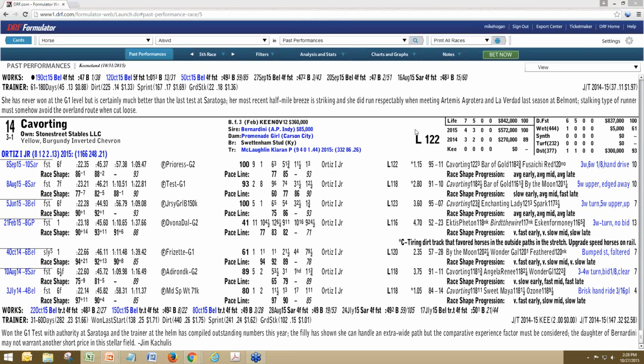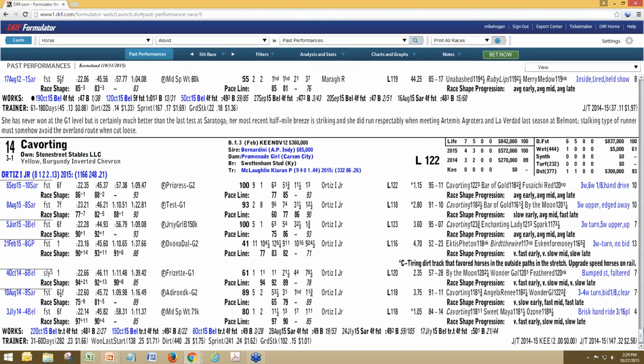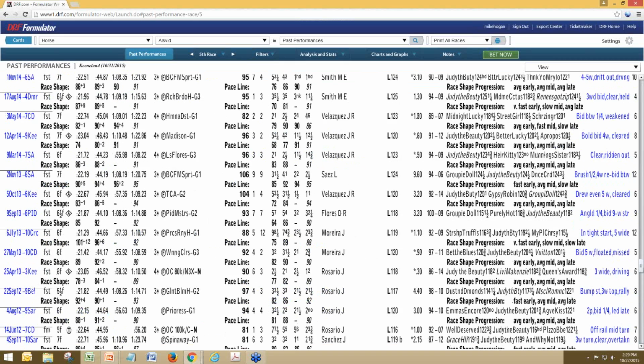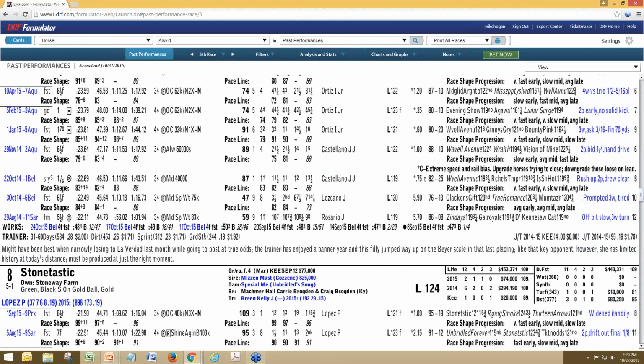Yeah, I am thinking along the same lines as you, especially at 7 furlongs. It's really, really difficult to carry that blazing speed from wire to wire. And even if you look through some of those horses that you mentioned, Stone-tastic, La Verdad, their best distance is a little bit shorter than that 7 furlong distance. And more and more of those races set up, especially if you've got this many front runners lined up, for a horse like Cavorting who can run from off the pace, or even my crazy long shot in the race, coming off of nearly a year layoff, having last ran in this race last year for Mike Hush and Artemis Agritera, who